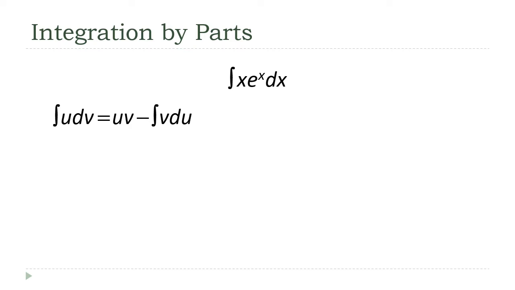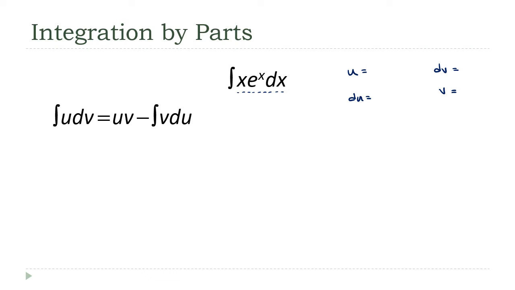All right, so using this integration by parts method, I need to do two things. I need to split this original integrand, including the dx, into two parts. One of those parts is going to be u, and the other part is going to be dv. What I'm thinking when I'm making these choices is that my next step is to calculate du, which means differentiating whatever I pick to be u. And over here, I need to find v, which means integrating whatever I choose to be in